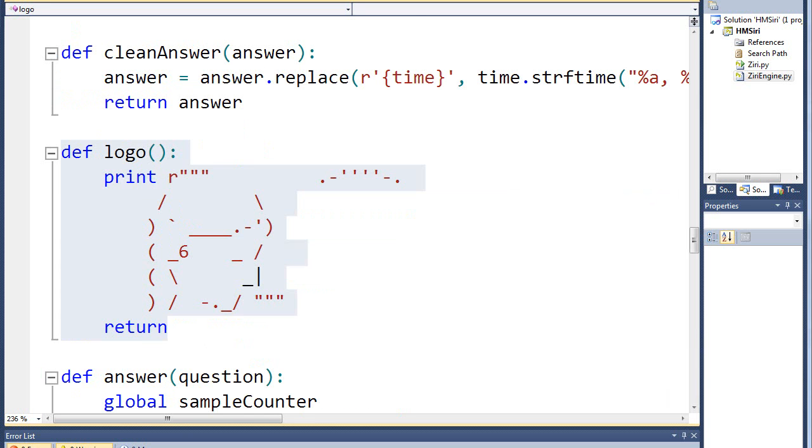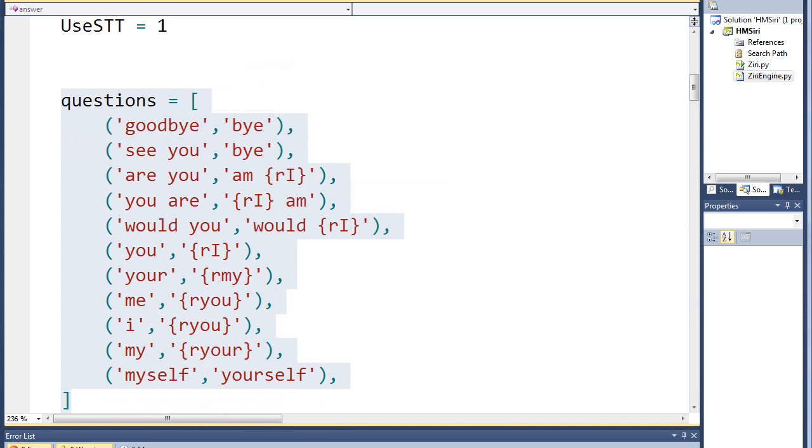For the image of Siri, I'm using the ASCII art from the website Chris ASCII Art. For the question transformation, I store it in a tuple. So for example, if someone says goodbye, it will turn into bye. If someone says see you, it will be the same thing. So you don't need to program